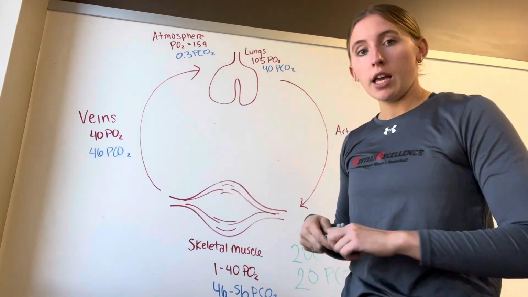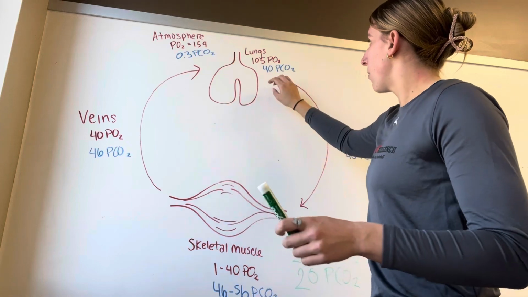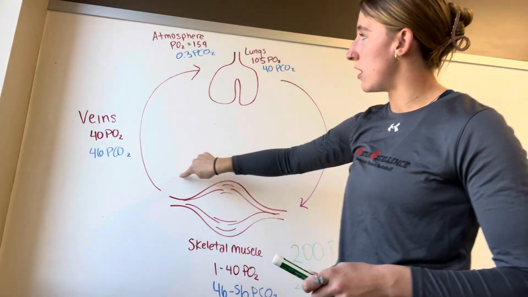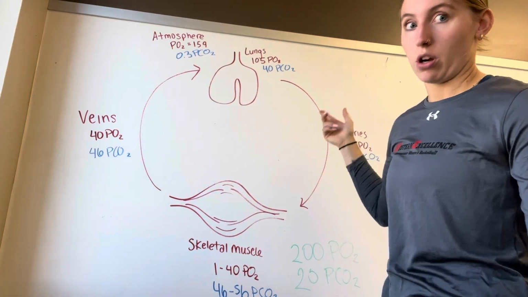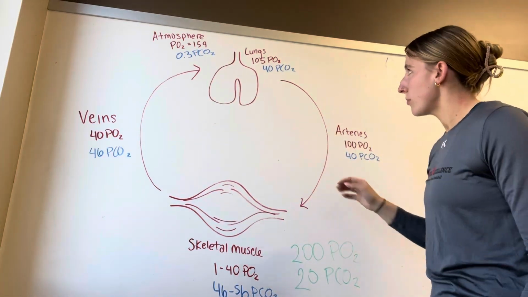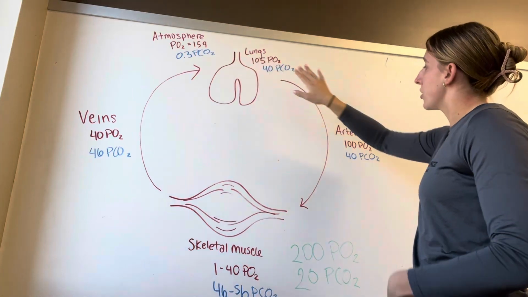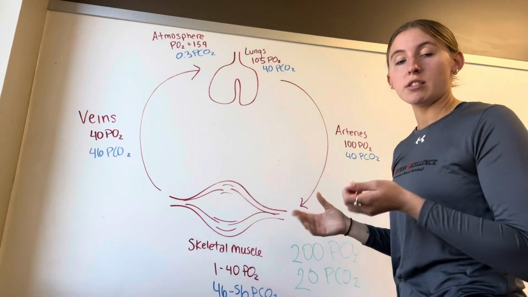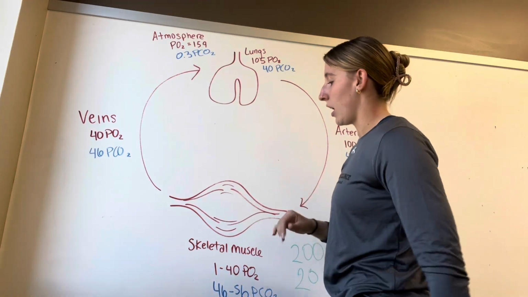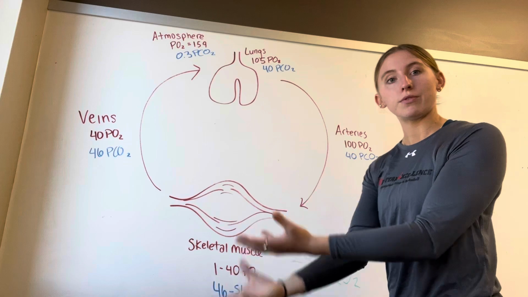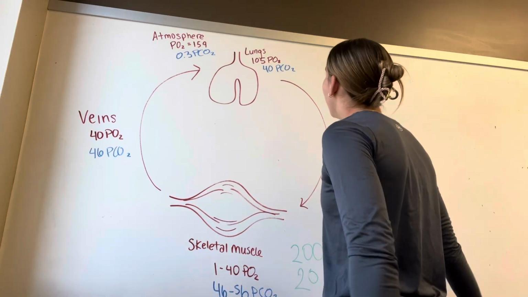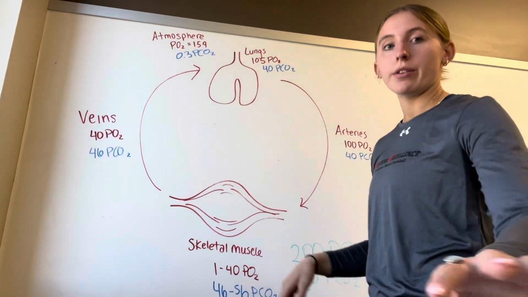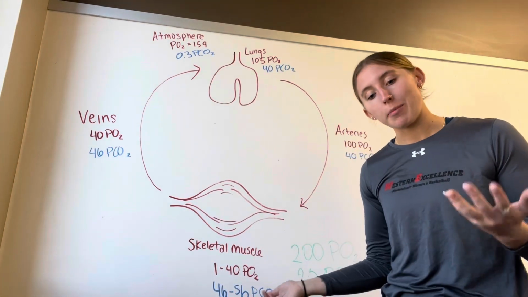And you can see as we go around from getting the oxygen in our lungs, it's flowing through the arteries to our skeletal muscle and then flowing back to the heart and lungs. The partial pressure of oxygen decreases as you go around the loop, and this makes sense because the oxygen is going to get unloaded into the skeletal muscle so it can be used for exercise. Duh. And the PCO2, you'll see, increases because when you use oxygen, you produce CO2. So that kind of makes sense.